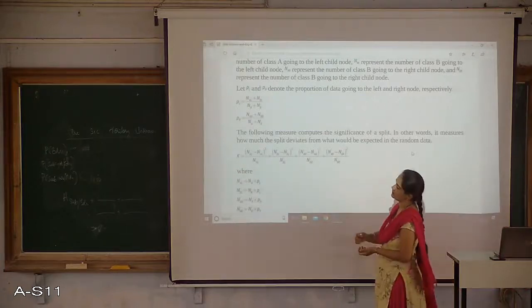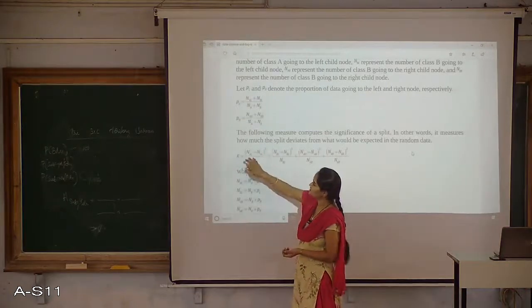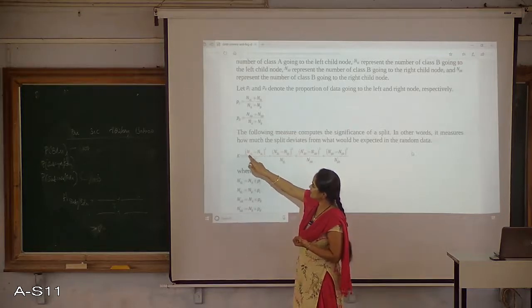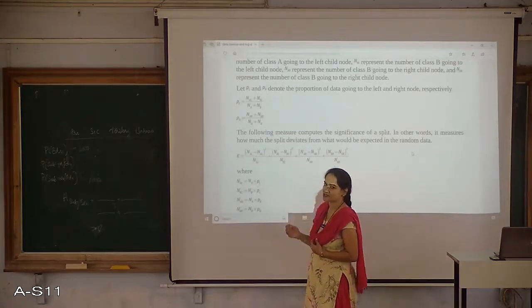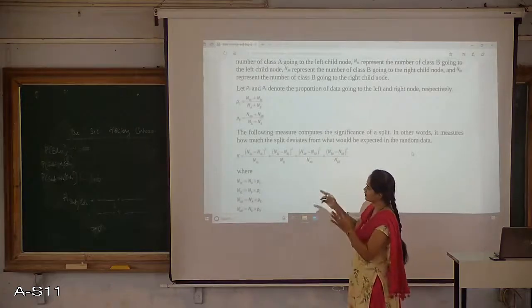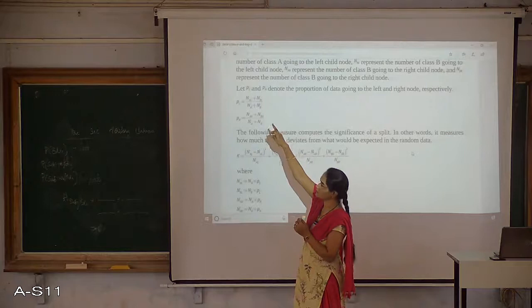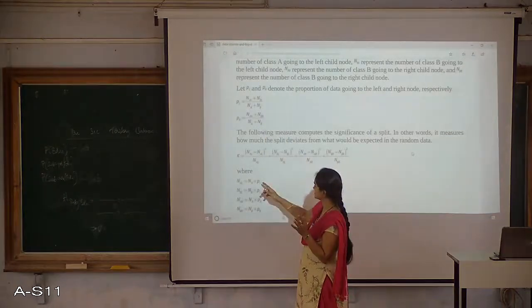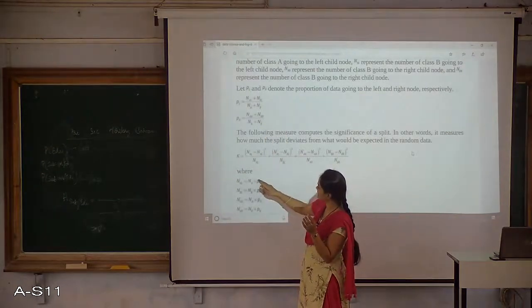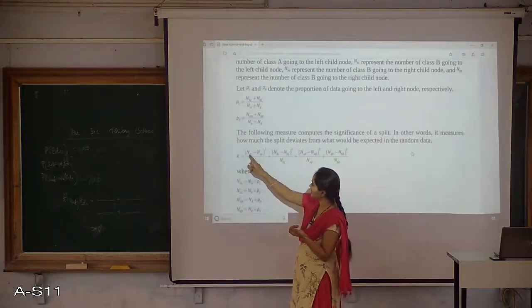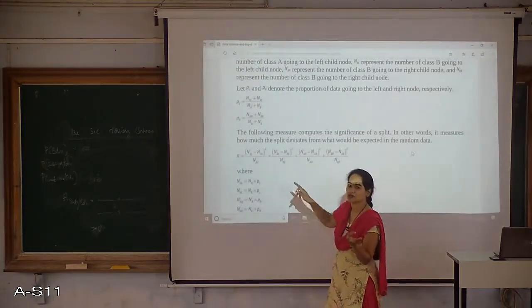The same way we are doing, and out of the whole entries, what is the percentage of that error, right? NAL dash is the whole portion which is falling into class A, right? The portion or percentage going towards the left side, including class A, then I am going to find how many I am taking towards the left.